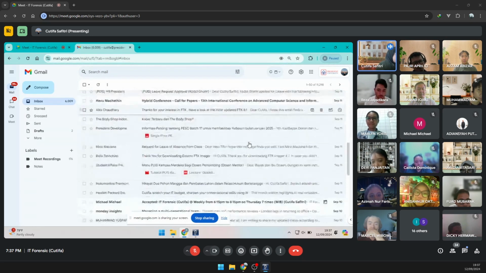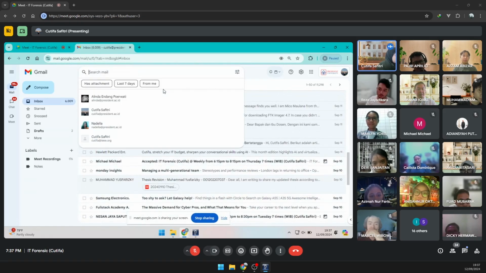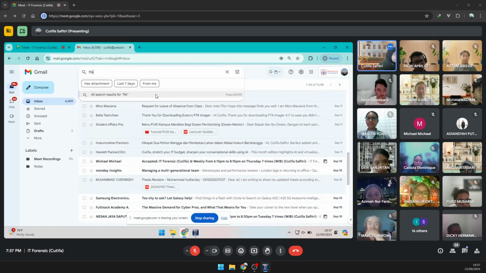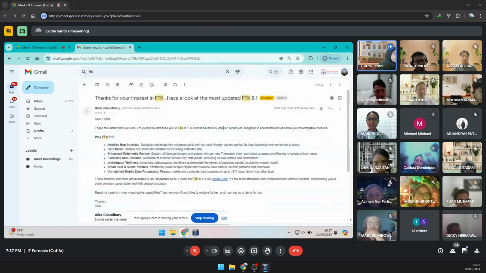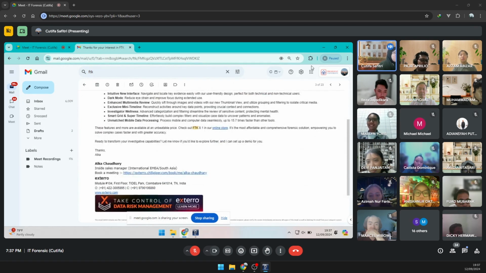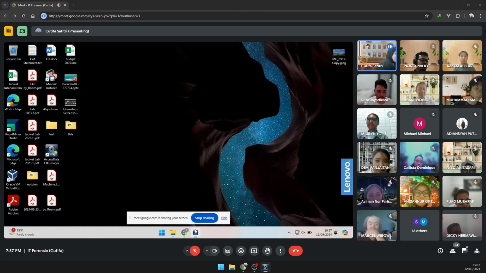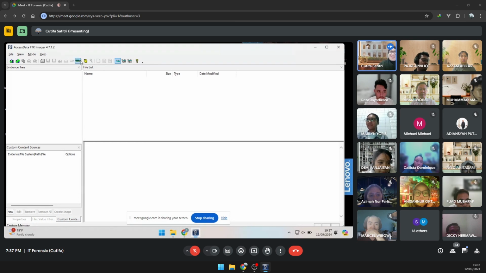The FTK that I installed on my computer was FTK 8.1. Oh, okay. So you are all downloading 4.7? Yes, ma'am. Thank God. Otherwise, I would have been using 8.1.